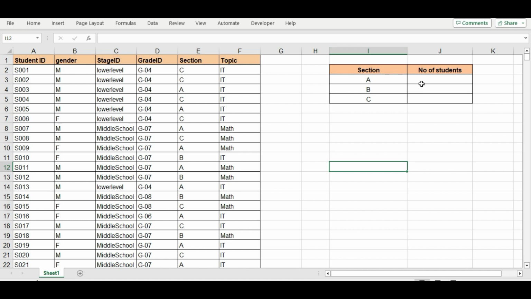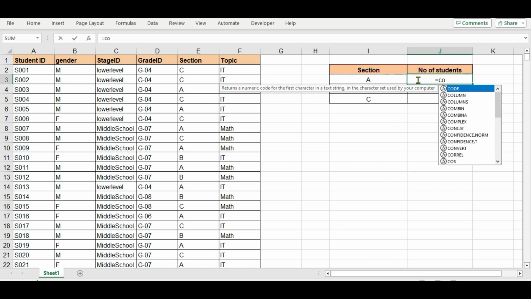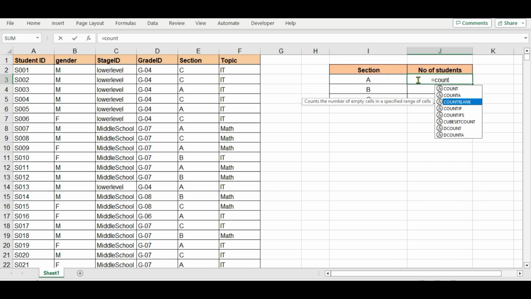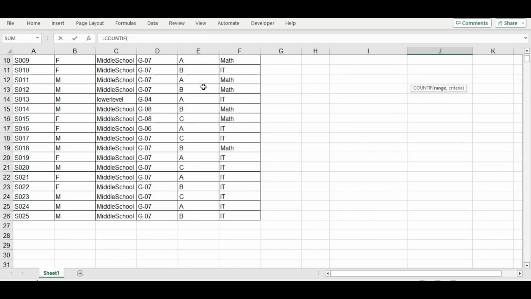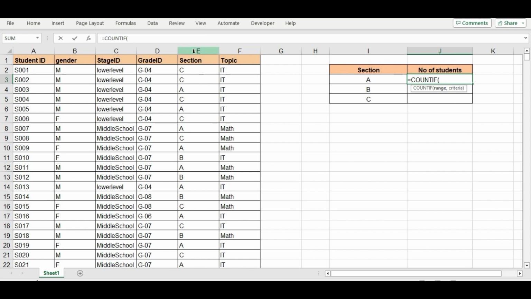Let's calculate in Excel. We'll start the formula by writing equal to, then write COUNTIF. Here you can see it counts the number of cells within a range that meet a given criteria. Tap to select. Here you can see two parameters, range and criteria. So the range will be our section because we are going to calculate the A. How many A are present in this column E, right? So we'll select this range